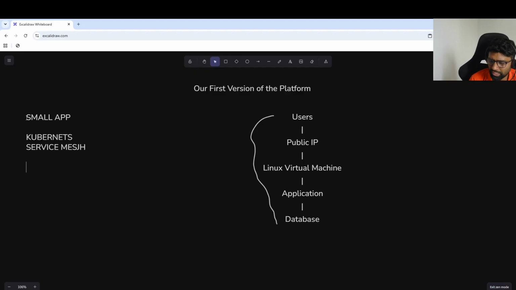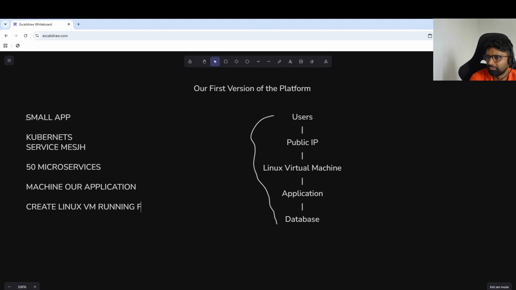And also we don't need microservices. We need a machine that can run our application. In the next episode, we can create a Linux virtual machine and we can begin running our first application.